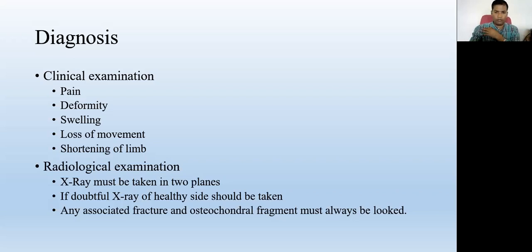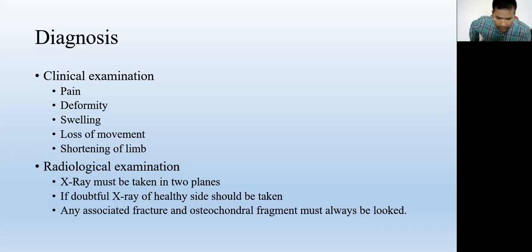Suppose somebody you are suspecting has a right side dislocation, and you are doubtful whether there is a dislocation or not. Then you may take the X-ray of the left side and compare both, then you can say yes, this is dislocated or not dislocated. You have to compare the affected part with the healthy part with the X-ray if you are doubtful. If there is marked displacement, you can say easily, but if there is a little displacement and you are not sure, then you just compare with the healthier side.